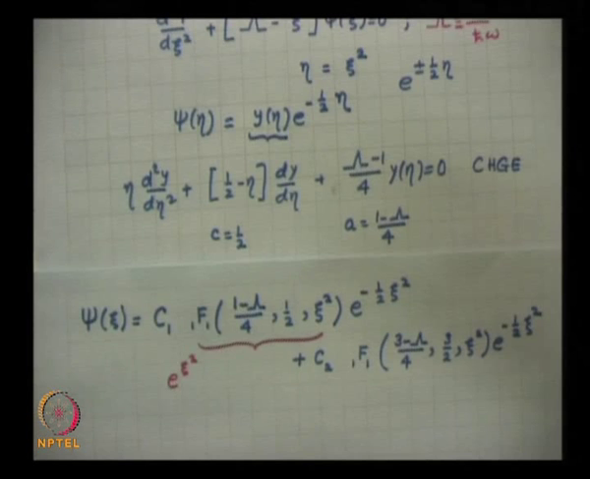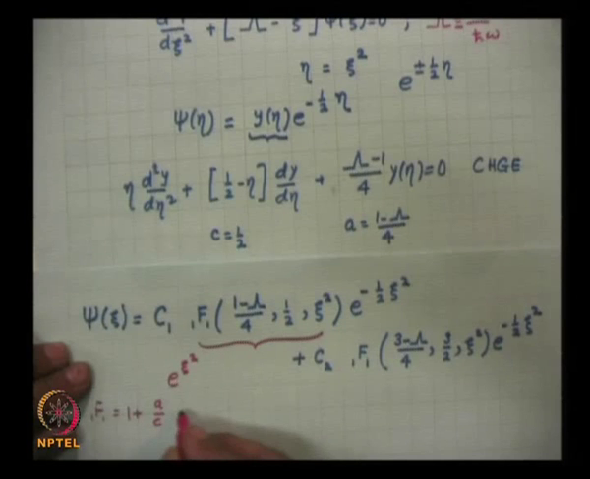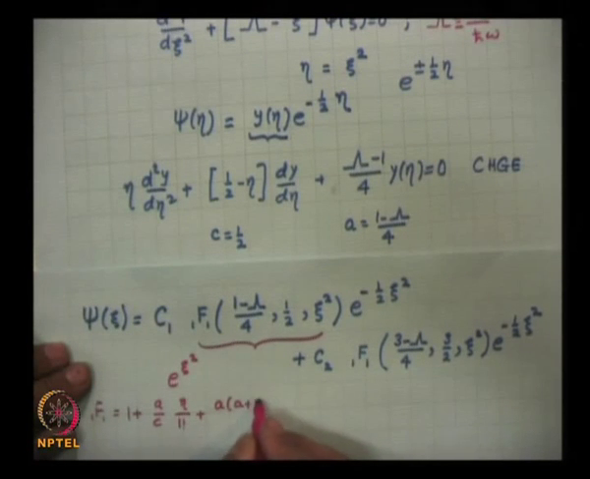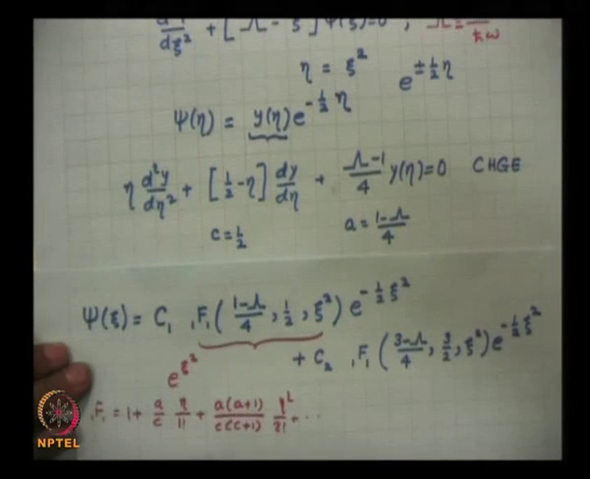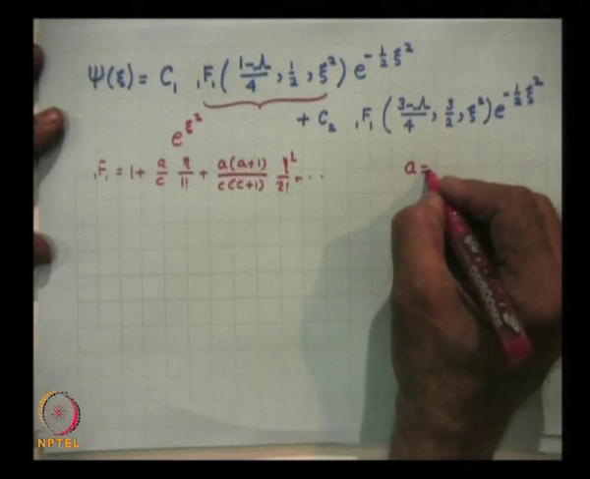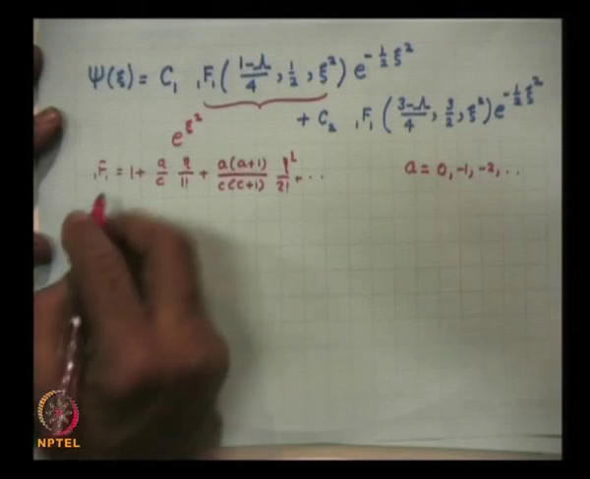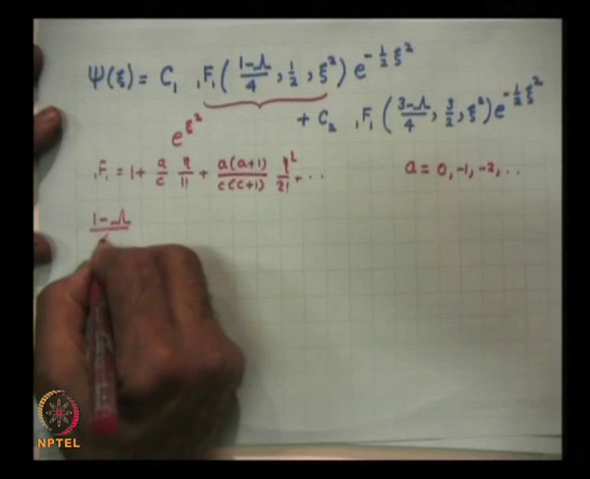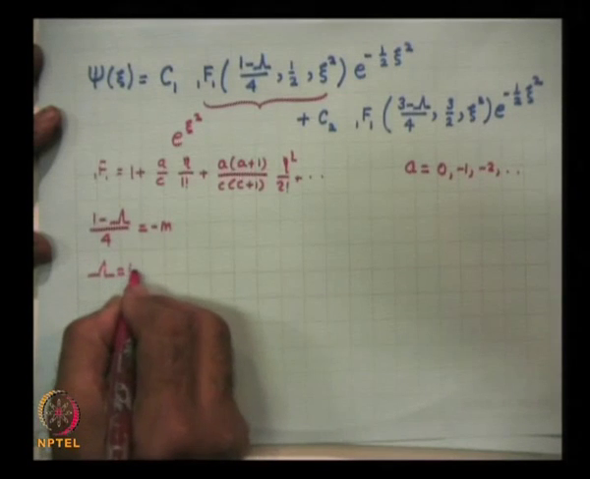And if you recall, the F11 function was 1 plus a by c into eta by factorial 1 plus a into a plus 1 over c into c plus 1 eta square by factorial 2, etc. This will become a polynomial only when a is 0, minus 1, minus 2, etc. So, when 1 minus lambda by 4 becomes equal to minus m, that is lambda is equal to 4m plus 1,